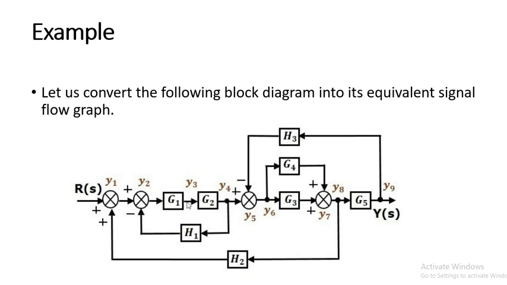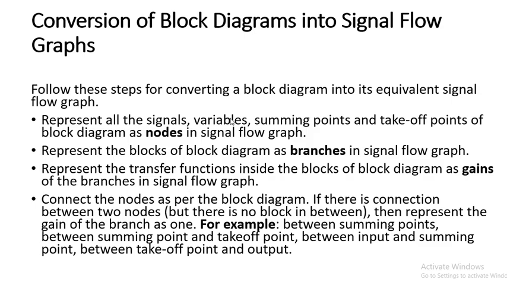Okay, now see carefully. This is the most important thing. See, in between this G2 and G3, I am taking another node. So why am I doing like this? Because if you see, the gain on the left side of this node is different and the gain on the right side of this node is different. This is not a common node, or common block. So that's why I am just taking one node in between this, because again it is a variable. So represent all the signal variables, summing points and take-off points with the help of nodes.